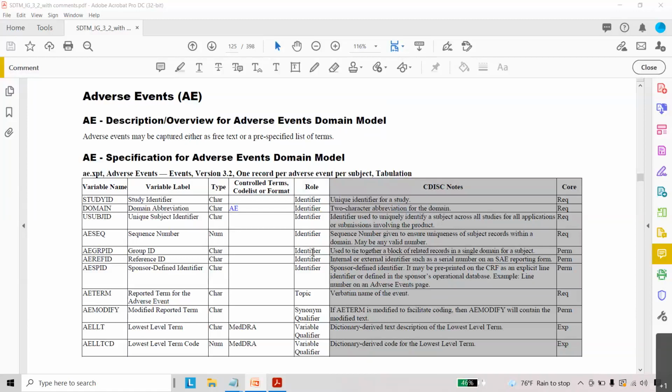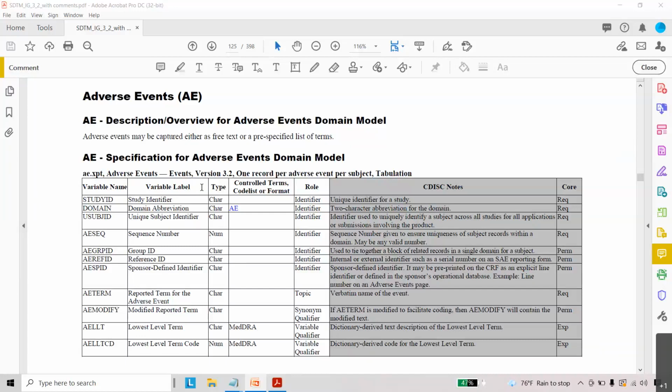It is an important domain, and you are expected to know the variable values also, because if we know the variable values, it is very easy to make the tables or select the variables for subsetting.